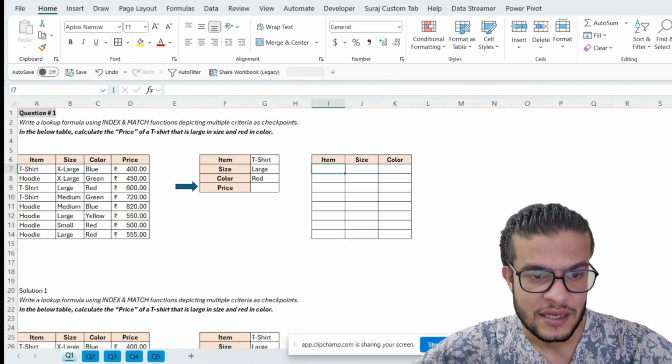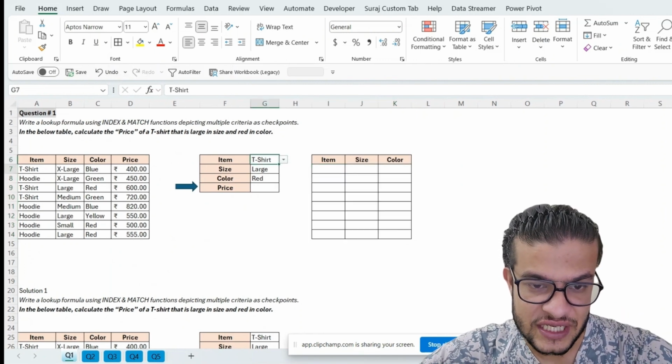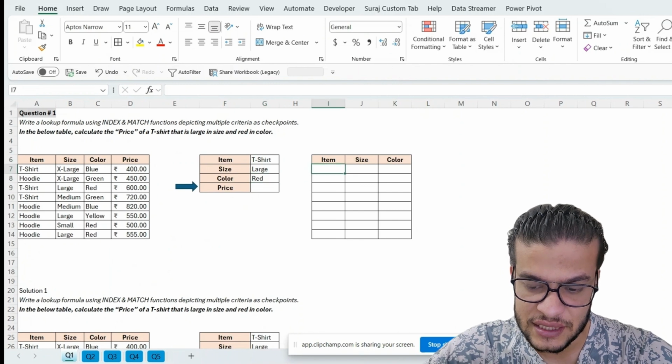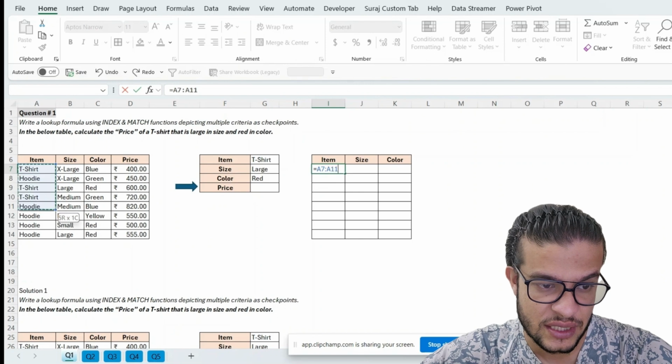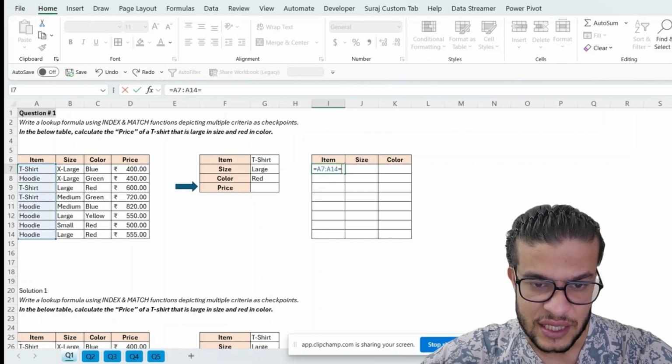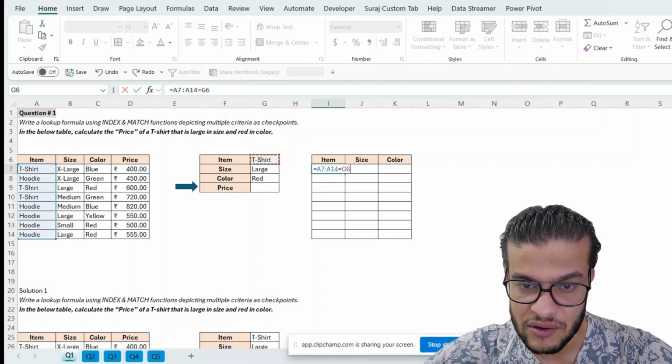So let's just find out when we receive the match. How can I get the match? Let's say if we put simple equal to equals, then we can work with that entire range. I've selected the entire range equals t-shirt. Now I have these